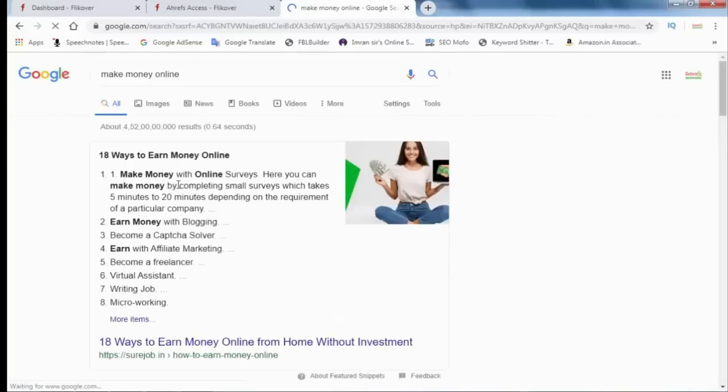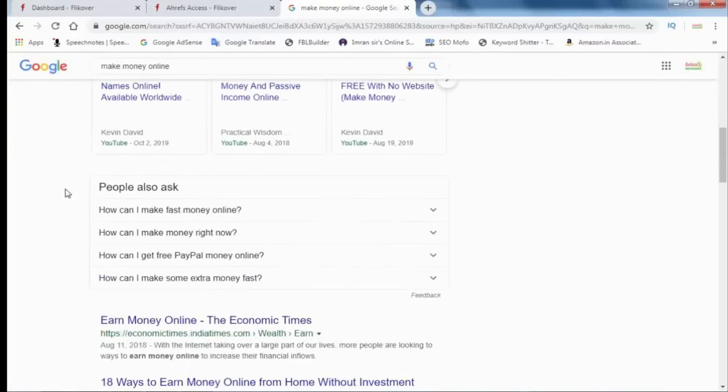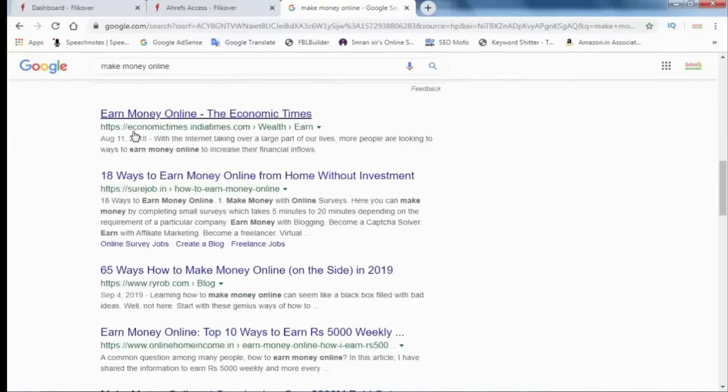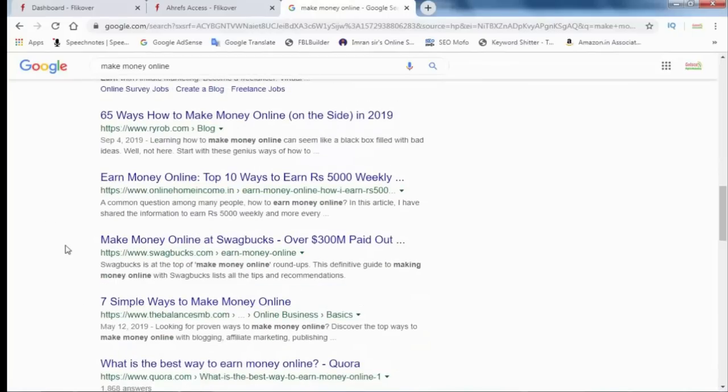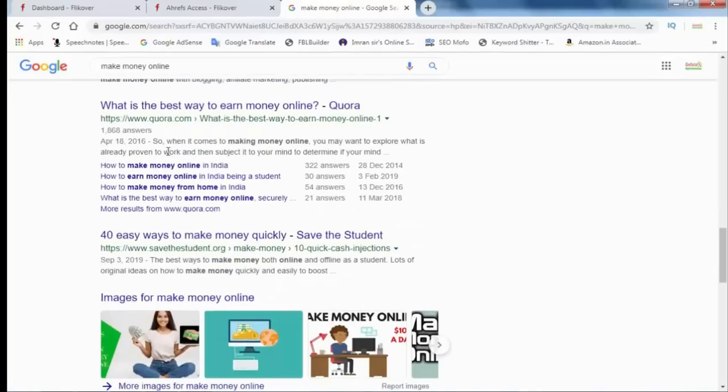Now you can notice which websites are ranking. This is the first website, Economic Times, and this is the second, third, fourth, fifth, sixth. These 10 websites rank on this keyword.